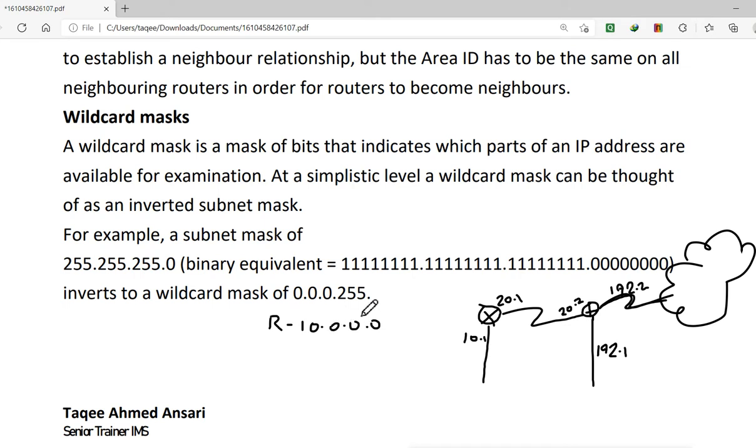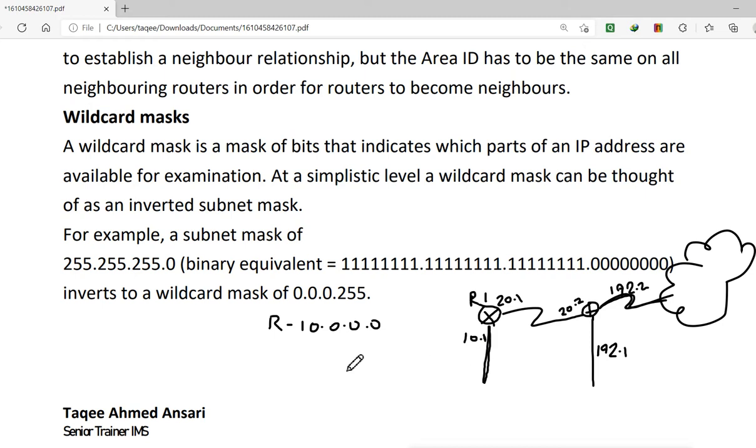On router 1 we have only one interface of network 10, and that is this interface. So routing will be enabled on this interface, and the routing information will start being sent and exchanged on this interface.